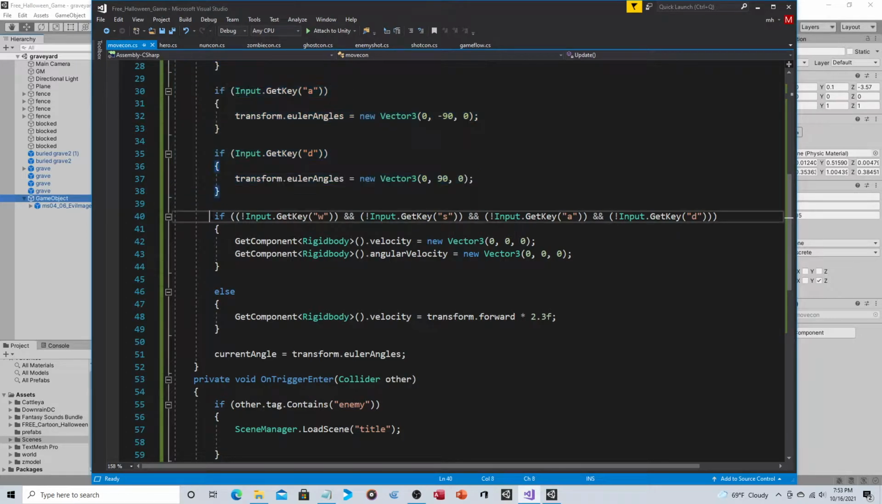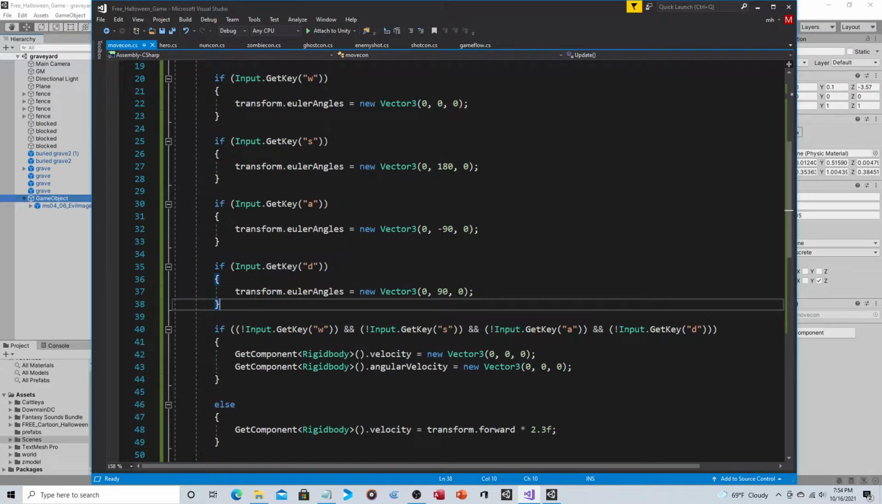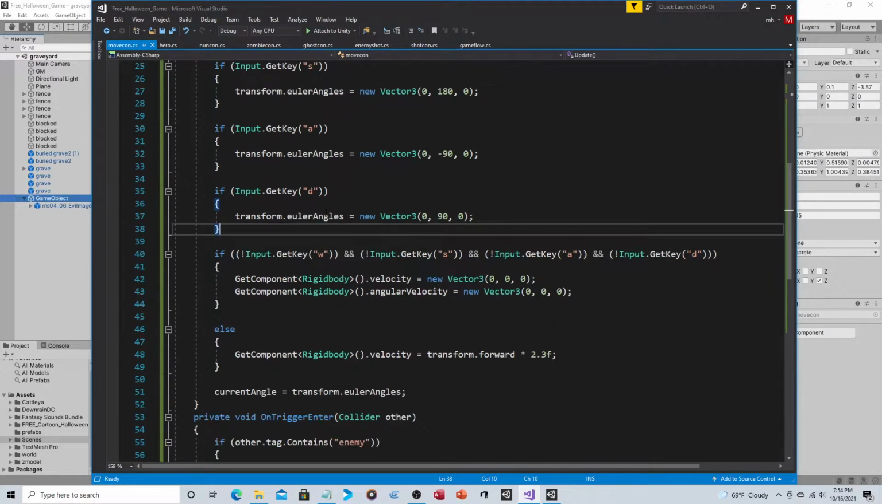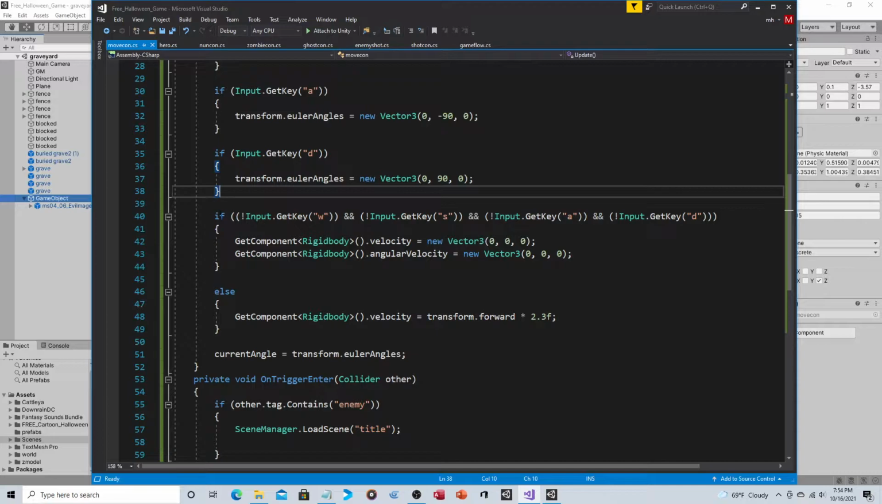Now what this does, it says if none of those keys are being pressed, see how there's an exclamation point? That means that this is not true. So this is saying if W is not pressed and S is not pressed and A and D, in other words, this checks to see if none of them are pressed. And if none of them are pressed,